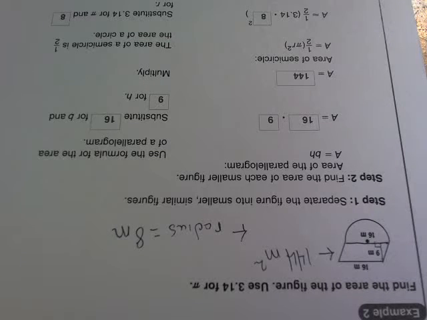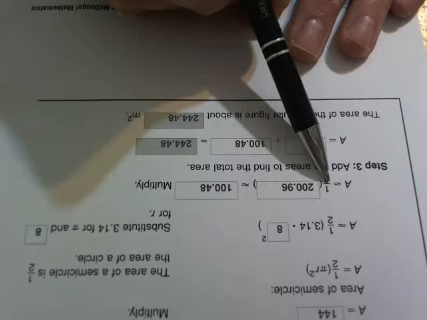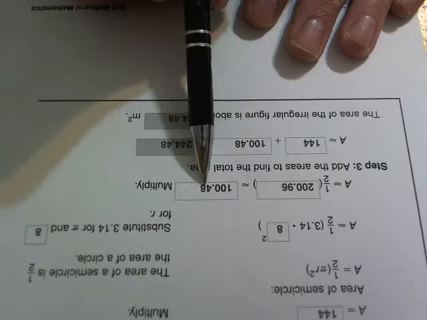So 3.14 times 8 squared, or 3.14 times 64. As you can see, that's listed right down here. That's going to give me 200.96. And again, I'm going to take and divide that by 2, multiply by 1/2 is the same thing. And that's